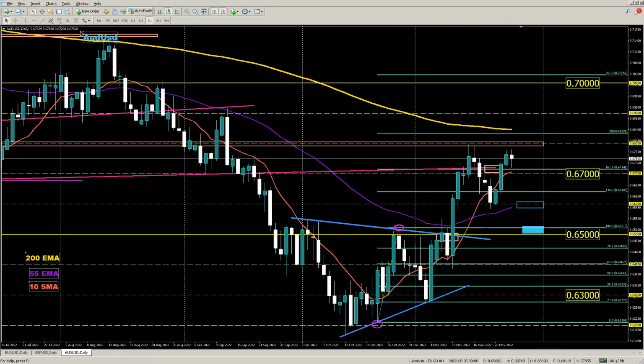So similar to the euro, let's see if it's able to break through this trend line